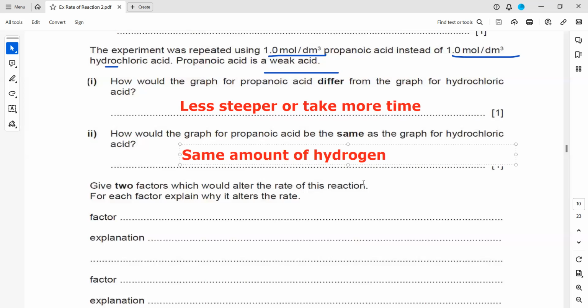Is this one clear? Anyone having a doubt or a question up to this point? Then